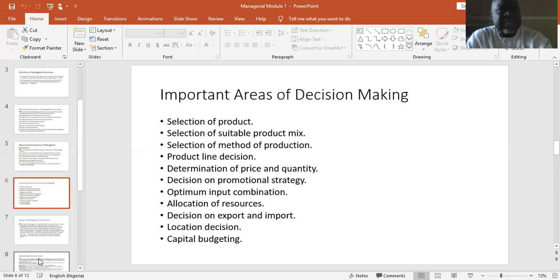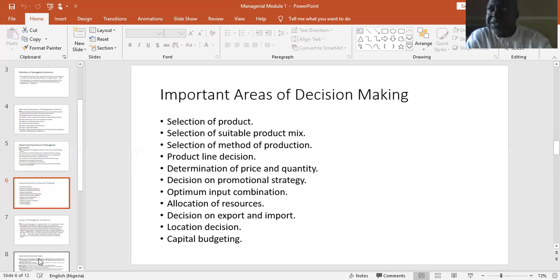Selection of method of production: are we going to go digital, high tech, or labor intensive, whatever. And product line decision: how do we select which product we are going to put on this production line, and things like that. And determination of price and quantity: what price are we going to charge for our product,